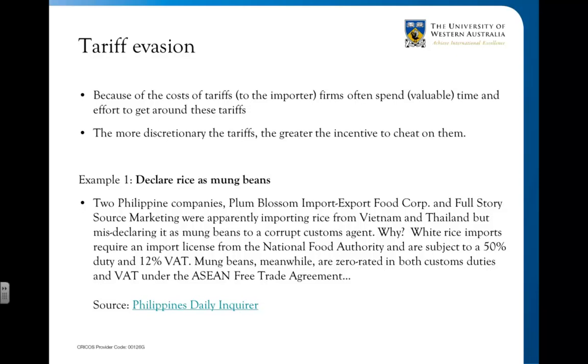Now, if you've got tariffs, these are a pain. No one likes to pay them, okay? It's a cost. It poses a cost to the importer. Firms often can spend time and effort to get around the tariffs. There's different ways, of course, over the years that people have done it. I haven't mentioned here, but one of the ways previously was that